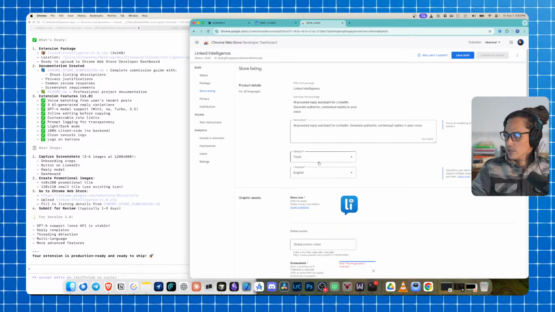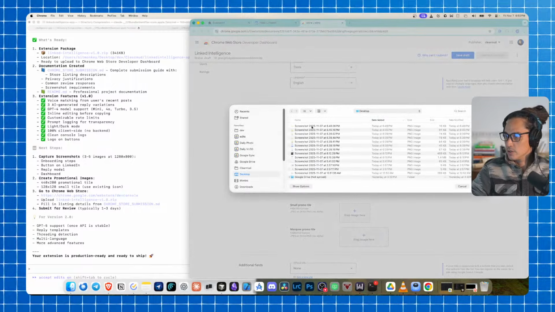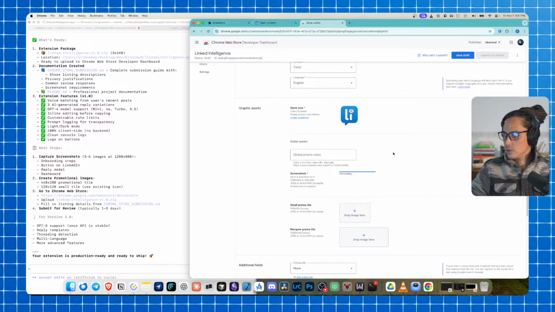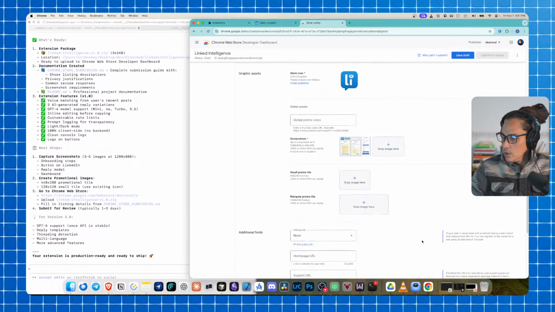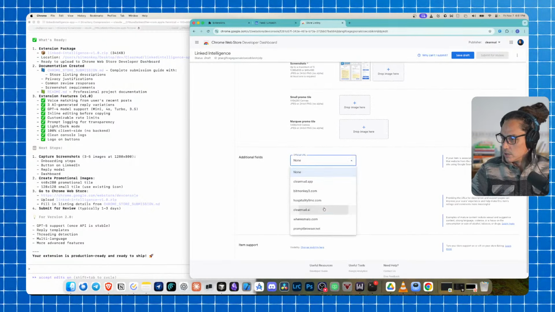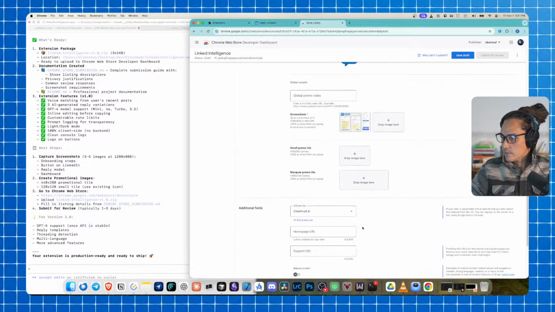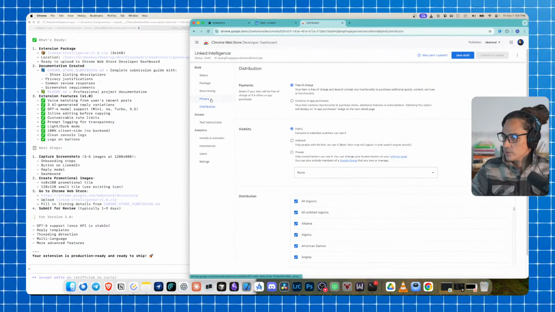All right. So now store listing, screenshots, drop it here, screenshots 1. All right, we're gonna put Clearmud.ai. Save draft. Now, pretty sure we have to go to